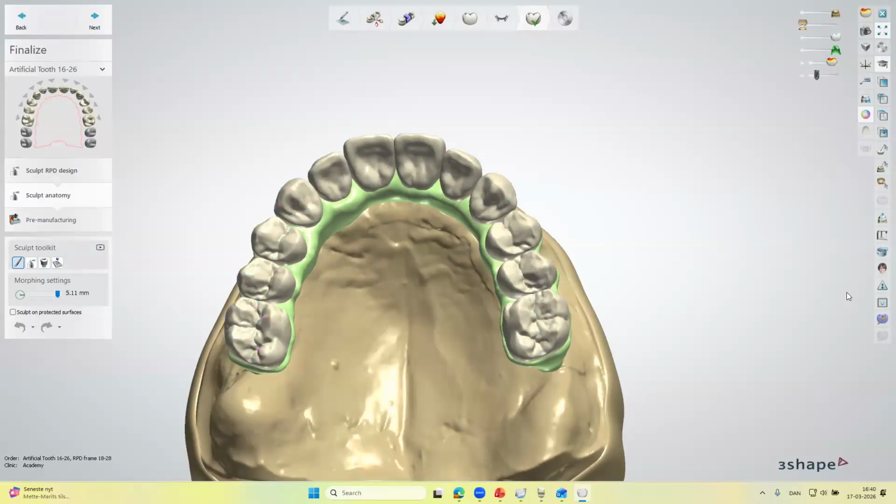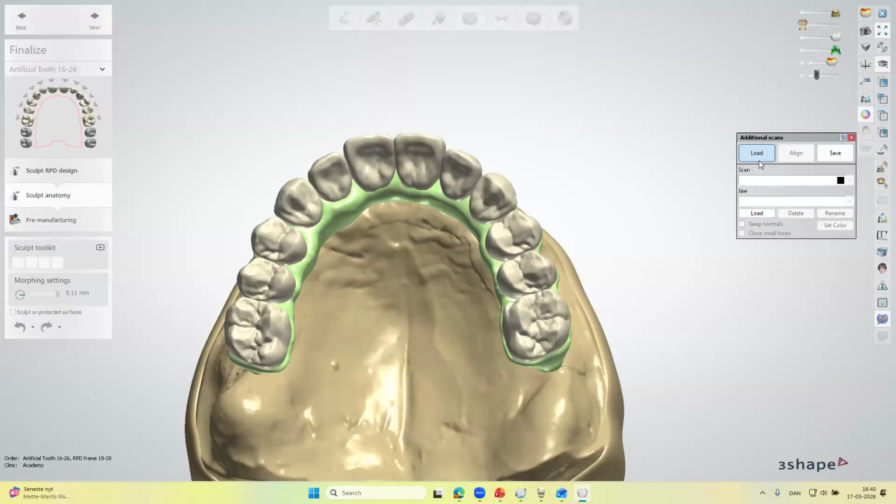And if some of you haven't tried it, in this option in here on the right with additional scans, we can load scans, and we can load, I think, more than 20 additional scans. So the information from the original bar design, I could load as an additional scan to get the screw hole information, and then probably